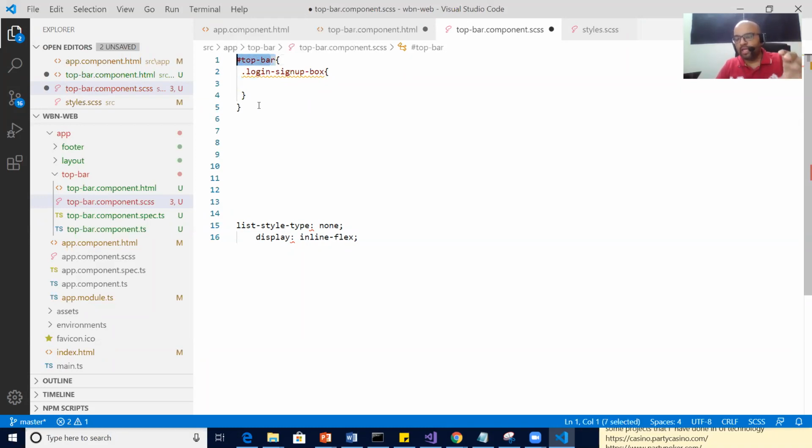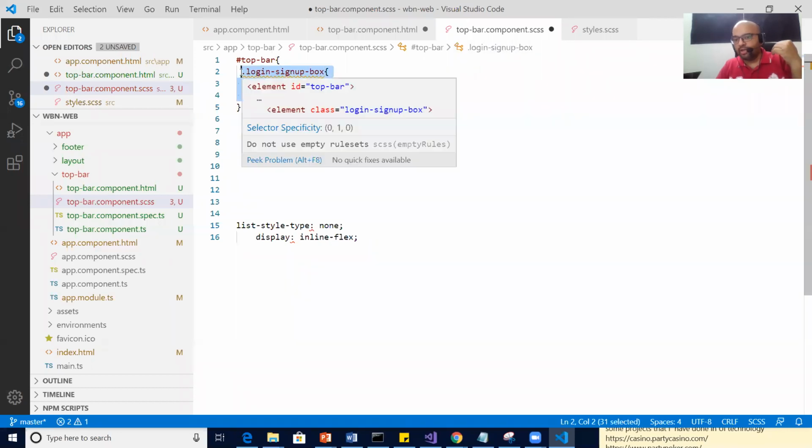This purely will work inside the top bar section only. Outside of the top bar, if someone uses this class, the style will not apply, because you are writing these styles for the top bar component only, correct? This login sign up box is a part of top bar component only.